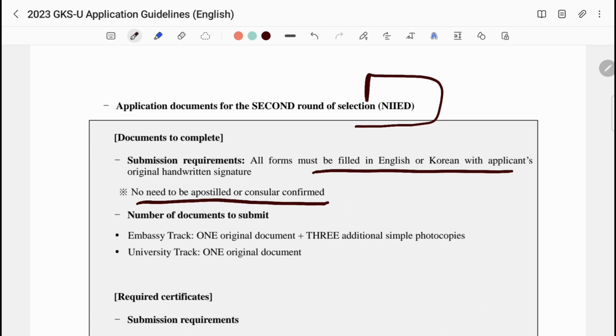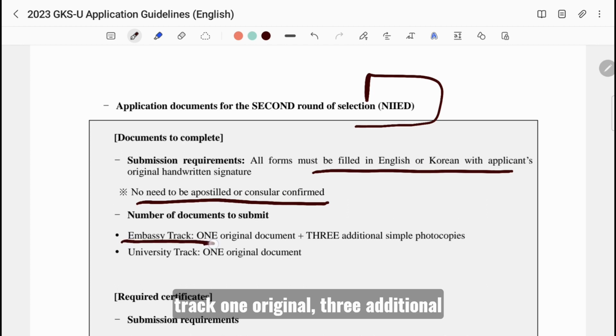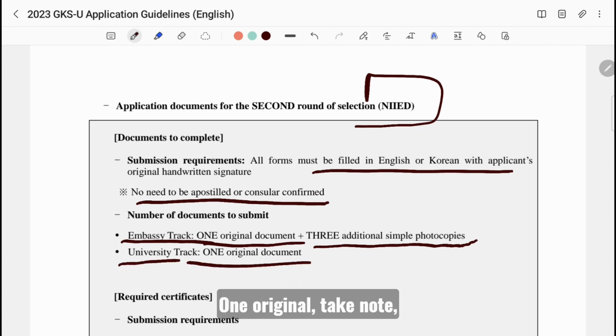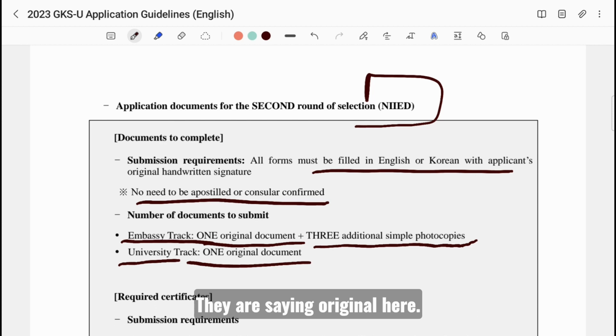Okay. Number of documents to submit: embassy track, 1 original, 3 additional simple photocopies. University track, 1 original. Take note, they are saying original here, but if you cannot provide the original from your university, that's where you have to photocopy your document.